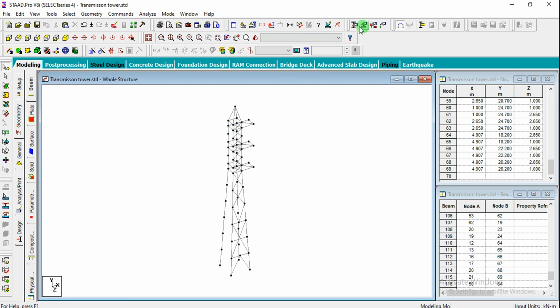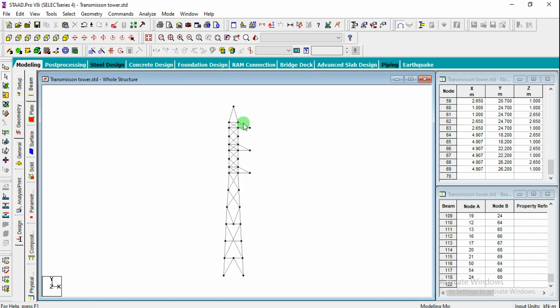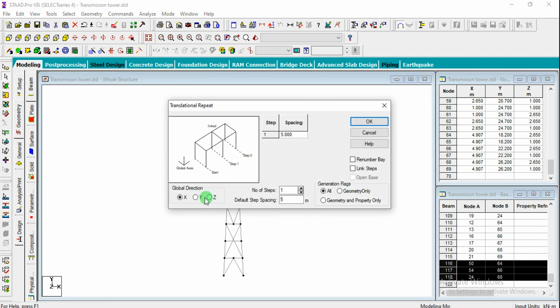If you don't know the distance, simply you can go for the display node to node distance, and simply you can calculate that it is 1.65 meters. So here just go for the normal cursor and select these inclined members. Let us go for the front view. This one, and this one. Just go for translation, repeat, and in x direction towards the backside, that is minus 1.65 meters, and click on OK.